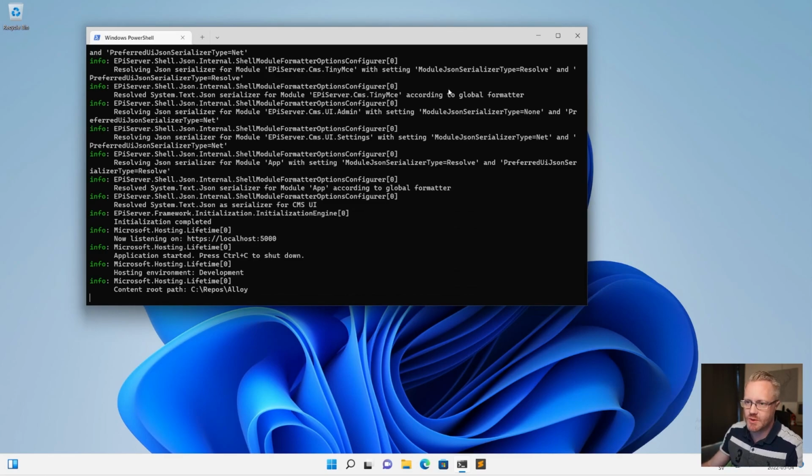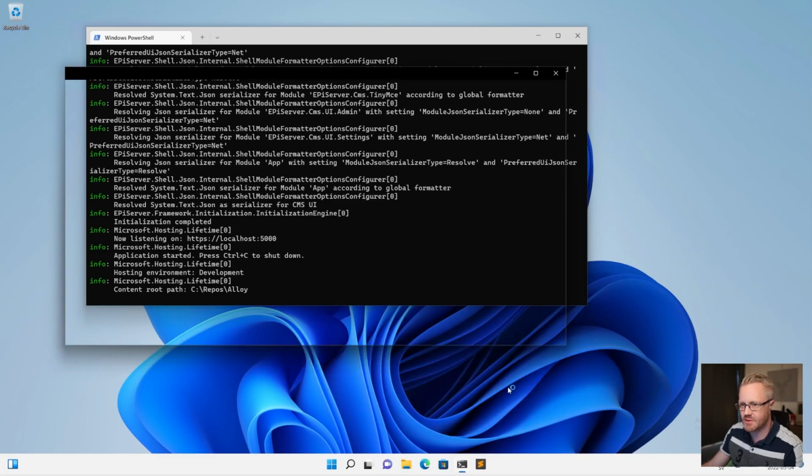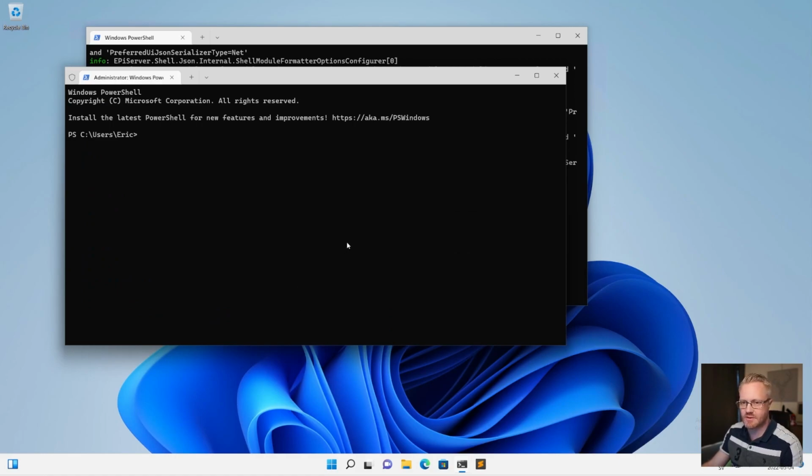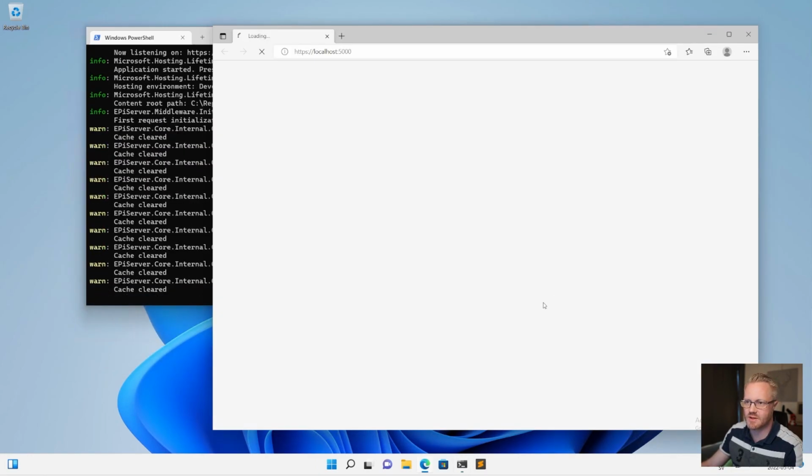I'm actually going to do one thing before loading this site. Since this is a brand new environment, we're going to have to run this as an administrator and trust development certificates. This is not related to Optimizely CMS. This is a general .NET requirement. What this will do is insert a certificate in our store, and we'll be able to run the site. Now, since this is set up,